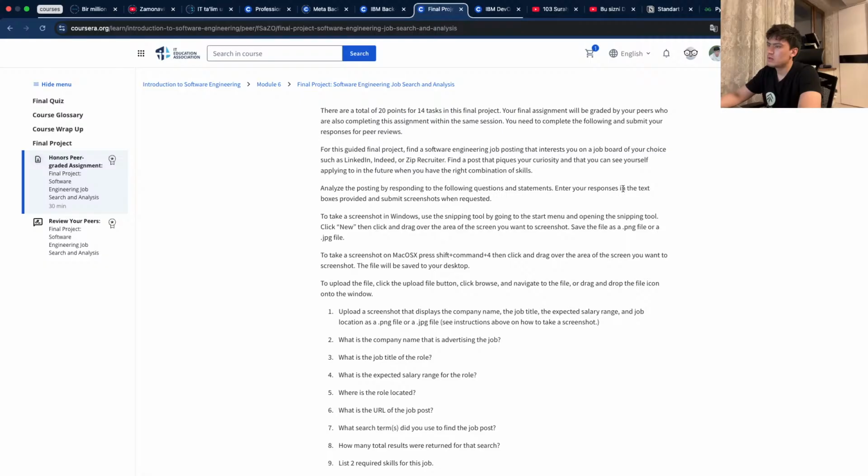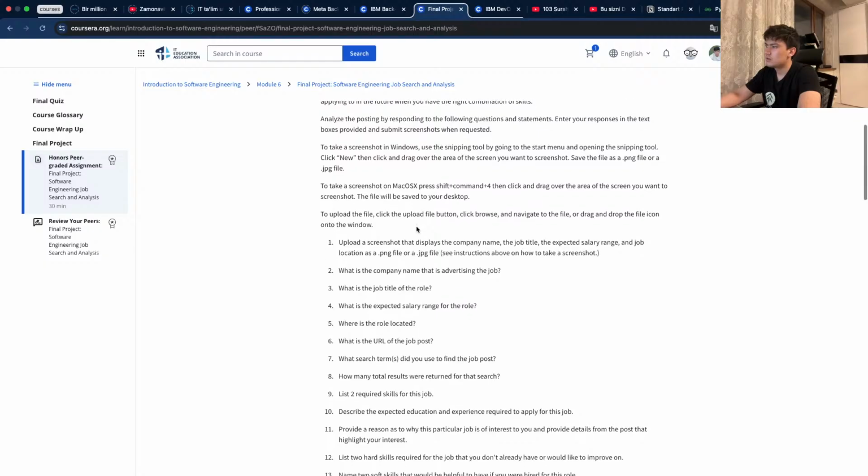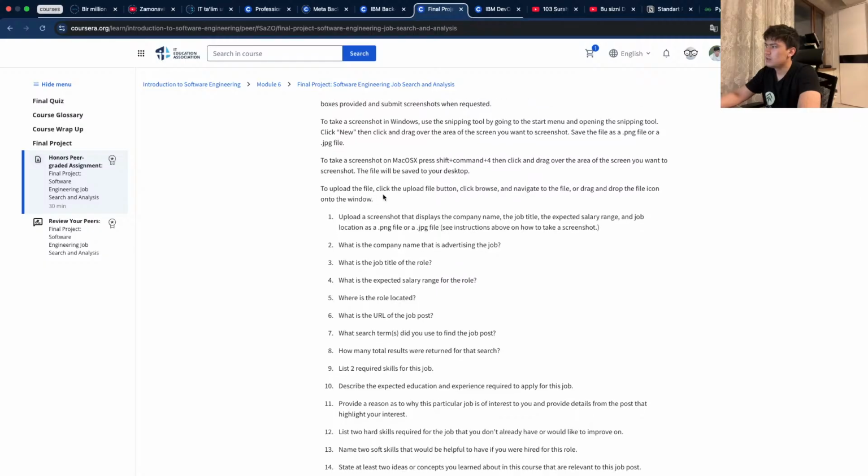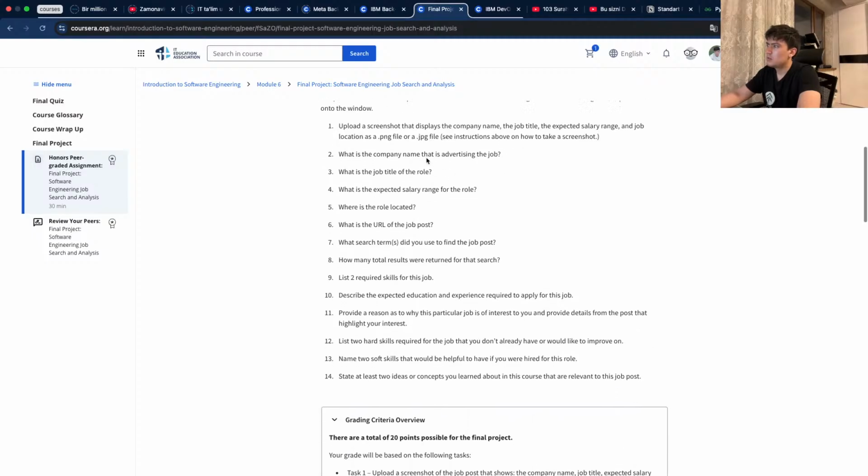Enter your responses in the text box. Provide the submit screenshot when requested. To upload the file, click the upload file button, click browser. Upload the screenshot that displays the company name, the job title, and salary range, and job location.